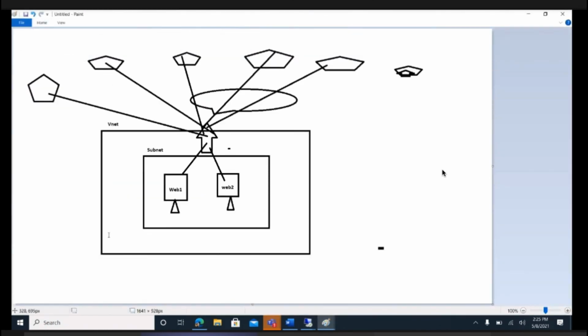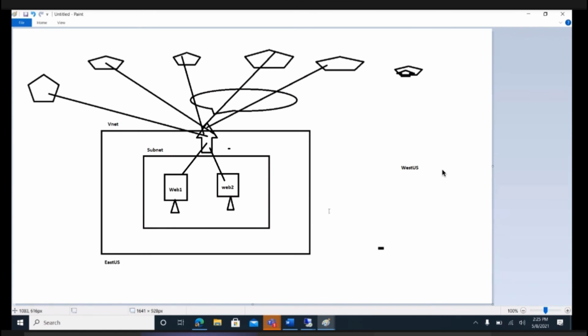Then the region. We need to make sure that, let's say your application servers are in East US, which is the virtual network you have created in East US, and your load balancer is in West US. Then you will not be able to attach the East US resources behind the West US load balancer.